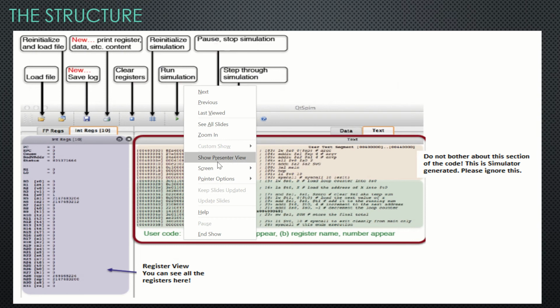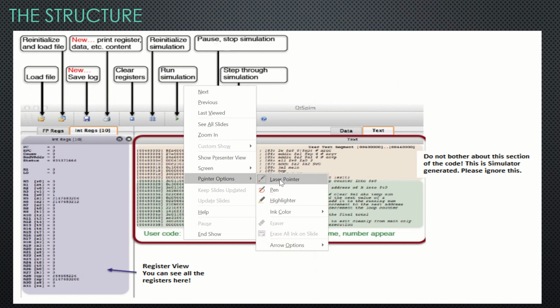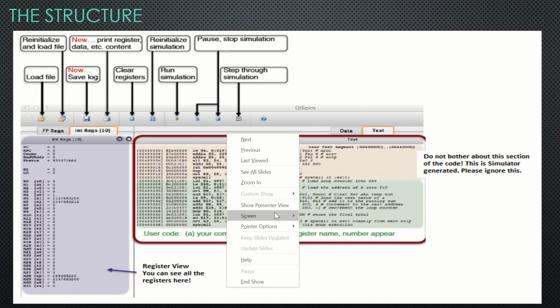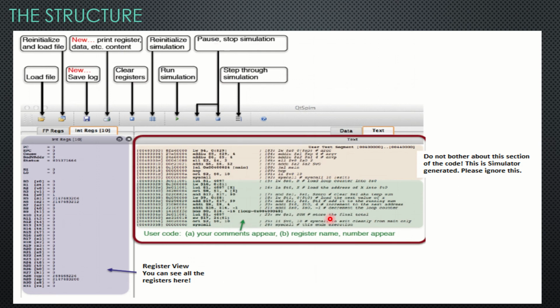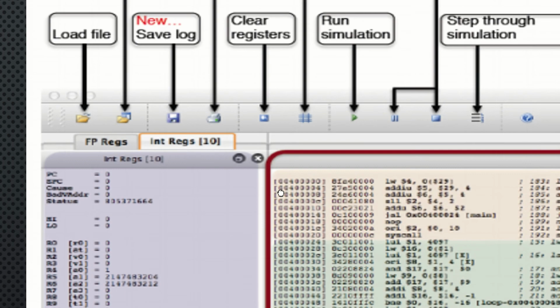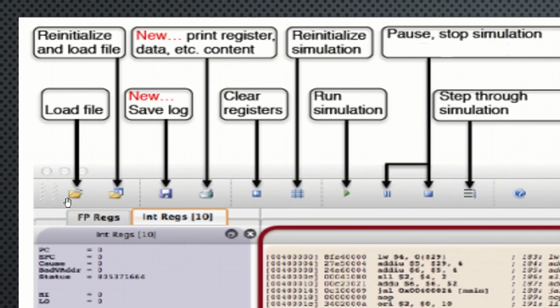This is all very interesting and very important for you to understand before you go deeper into the usage of the tool. So I'm going to use a pointer and I'll also zoom in a little bit. I'll explain each of these options one by one. Now this is the first box that we have. This is the first option, which is for loading the file.